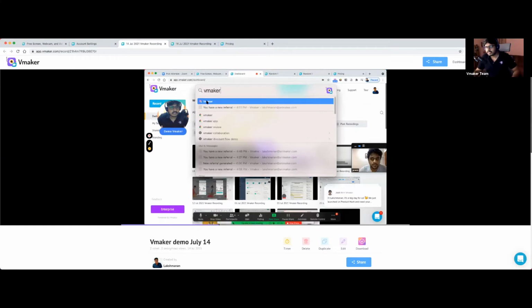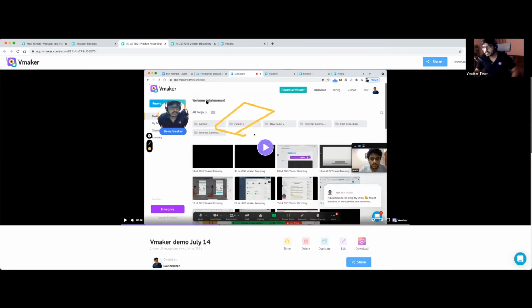Can you just give me in the chat, mention how many of you are using the Chrome extension versus how many of you are using the Mac application? You can just type in the chat. If you're using the Mac application, just type in Mac. And if you're using Chrome extension, just type in Chrome. If you're using both, please type both. Okay, let's see who is the majority. We see Chrome.